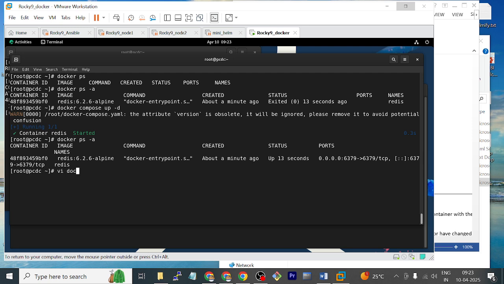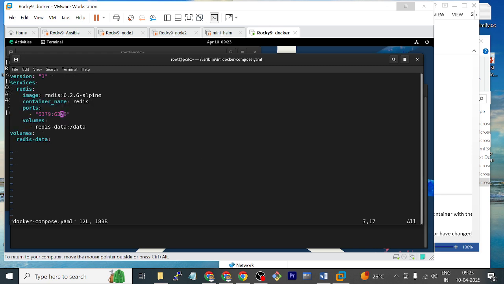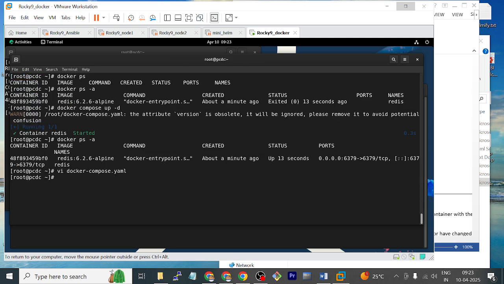vi docker compose yaml. I change the host port 6677. Okay, container port still same. Now docker compose